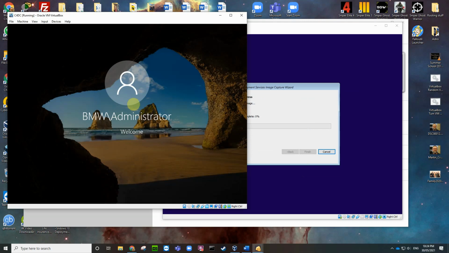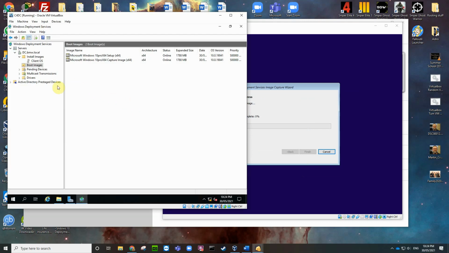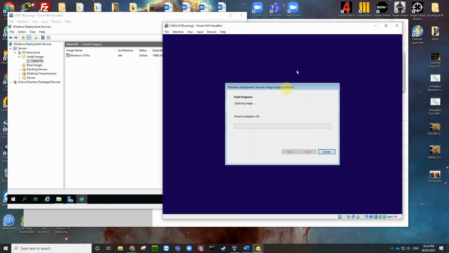And this could be fairly tedious as well. So we won't see anything turn up in the client images until it's finished capturing. It's going to capture the image first. It's currently 0%, and it's got to get on this machine. It's actually capturing the operating system as an image file onto the additional 50 gig drive we stuck on there, the blank one now. So it's just a matter of waiting